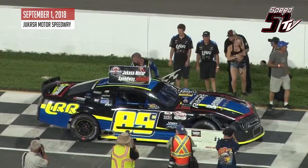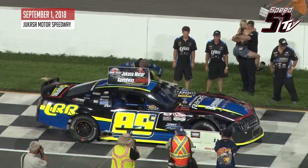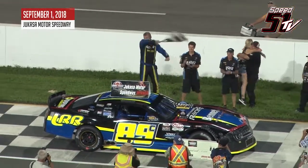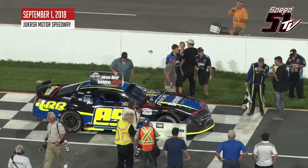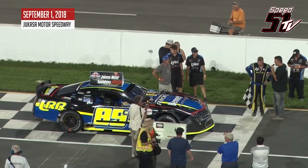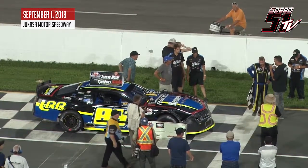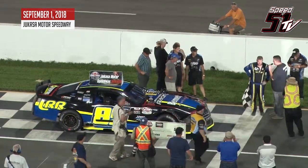Ladies and gentlemen, he can hear you with a checkered flag in hand. How about a big round of applause for Andy Camrath? You know, the one thing that seemed really challenging in this race is lap traffic. There were cars running so many different speeds, so many different lines. How often did you have to look in the mirror and remind yourself, okay, maybe I can take it a